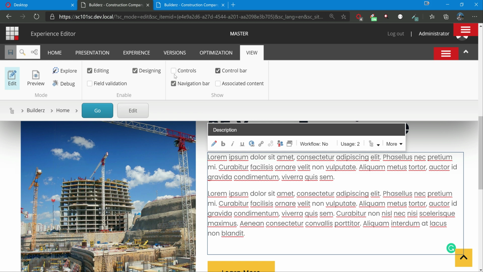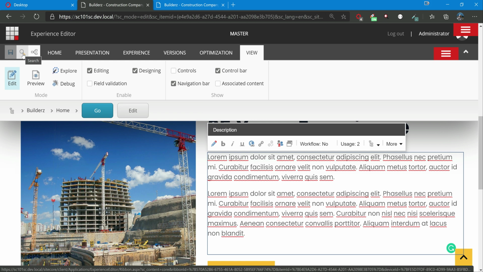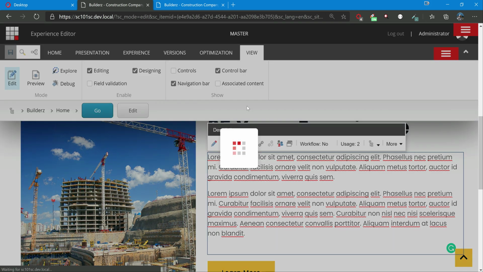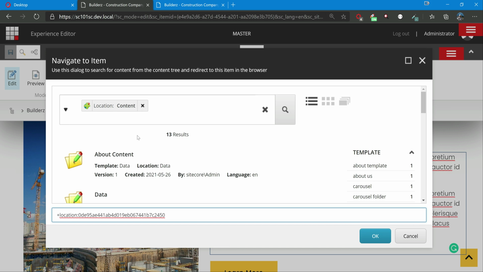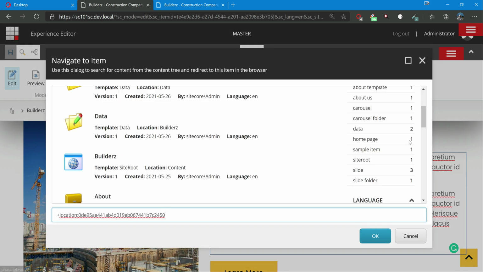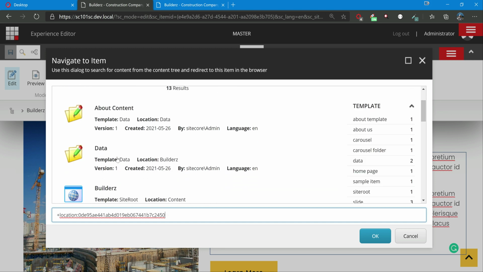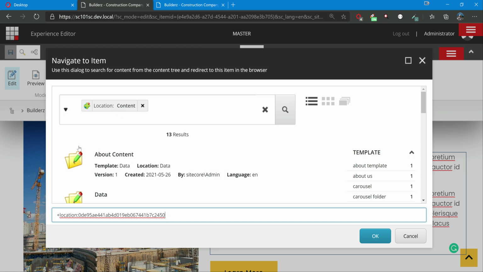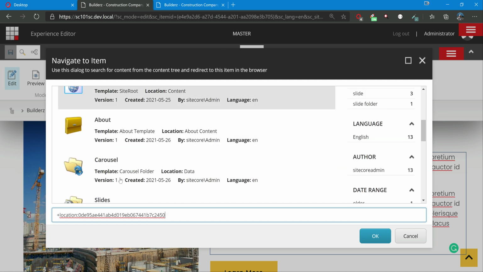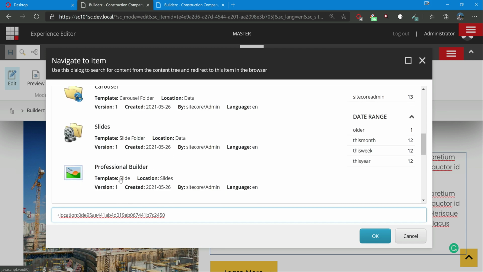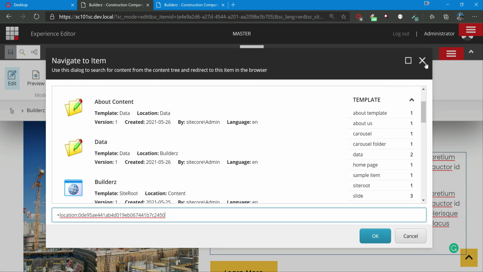So all these things are editable here. And the last one which I want to show is, similar to our content editor search, you have a search feature here. So you can search under this, and the current context it will take. Under the current page item, where the location is content, it will show all the information for us on the current context.